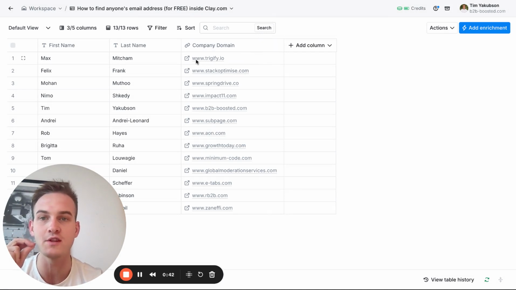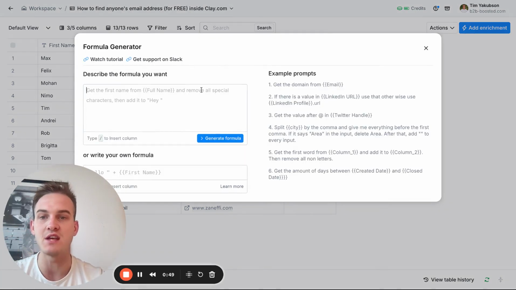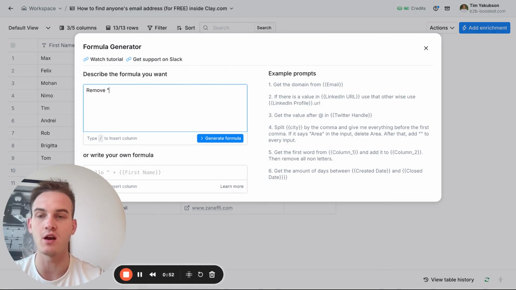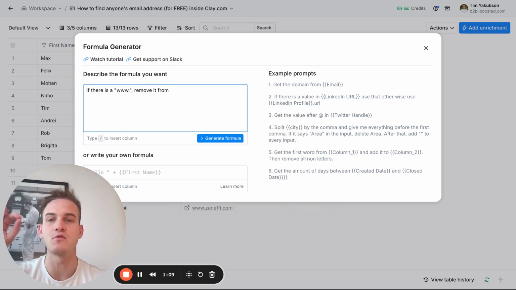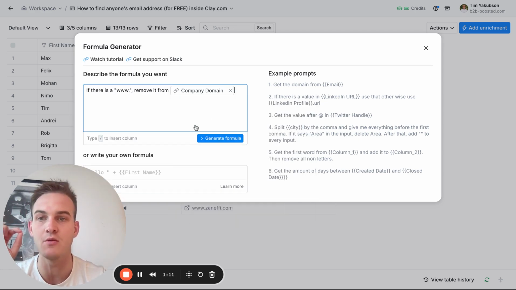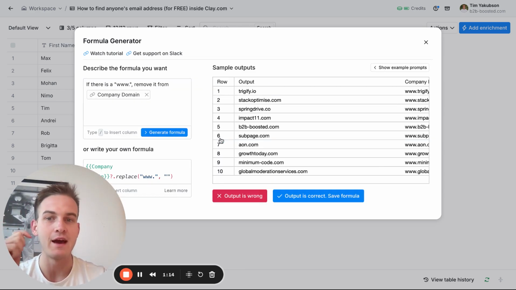As soon as you have all of those leads inside of the table, the first thing that we need to do is remove the www dot. The way we do that is by using a formula. Over here, we click on Add Column, we click on Formula, and we say: if there is a www dot, remove it from, and then to highlight the place that we want to remove from, we put a backslash and then company domain. Then we click on Generate Formula, and over here we can see all the cleaned up company domains,